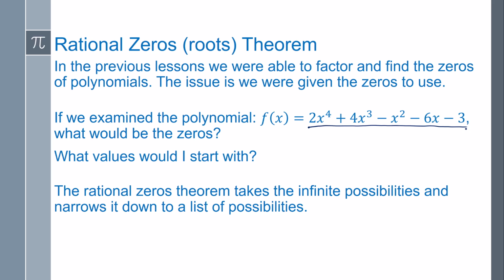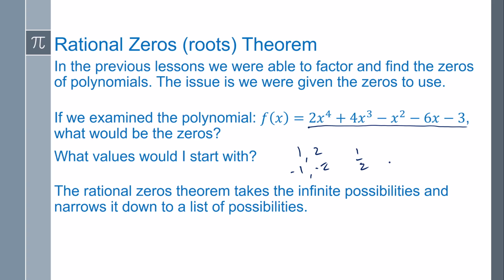it's not factored, and I wanted to find the zeros, well, we know that we have to divide to be able to factor it, right? That's why we practice polynomial division. But what values do I start with? Do I start with 1, 2, -1, -2, 1/2? Like, there's technically an infinite number of possibilities, and so this theorem takes those infinite possibilities and says, here's a list of